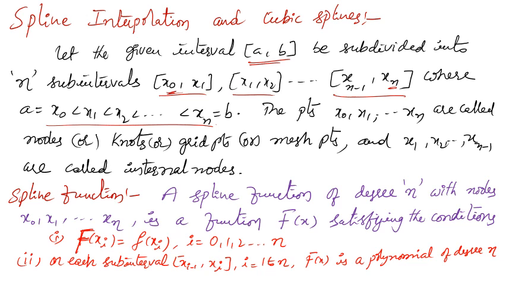And the second condition is on each subinterval [x0, x1], [x1, x2], [xn minus 1, xn]. In general, the notation for subinterval is xi minus 1 to xi for i equal to 1 to n. On each subinterval, this capital F of x is a polynomial of degree n. And the third condition is